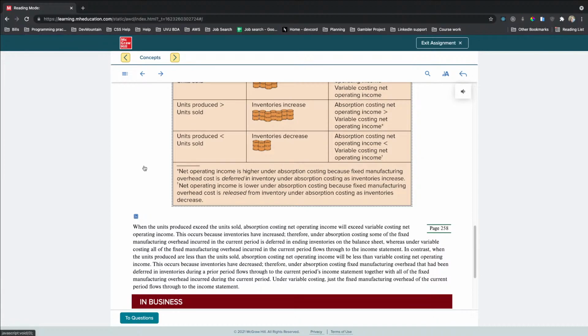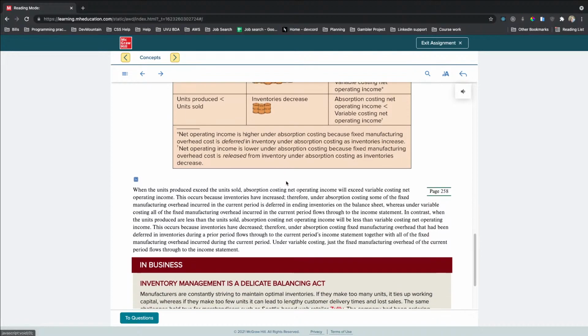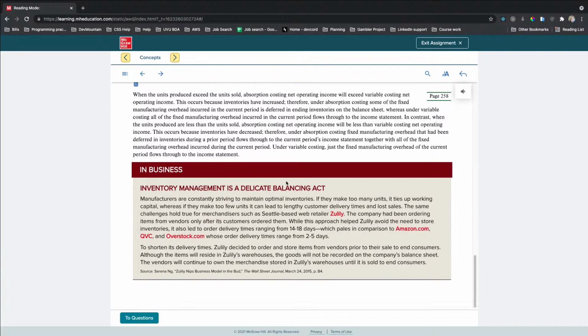I'm deferring that cost, and then it's released under absorption costing. It's saying the same thing, just one's like, I'm deferring you as you make it, and the other, I release you as I sell it. When units produced exceed units sold, absorption,